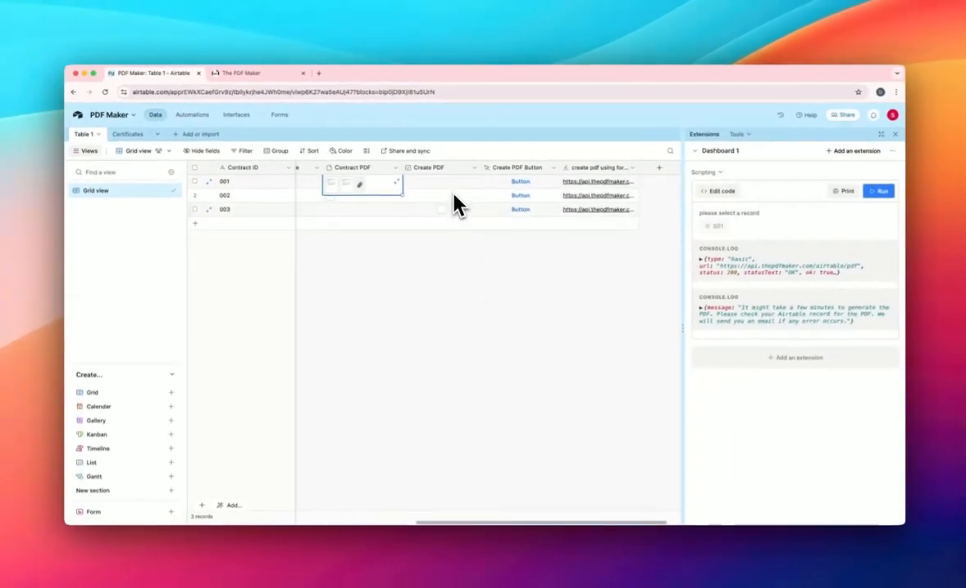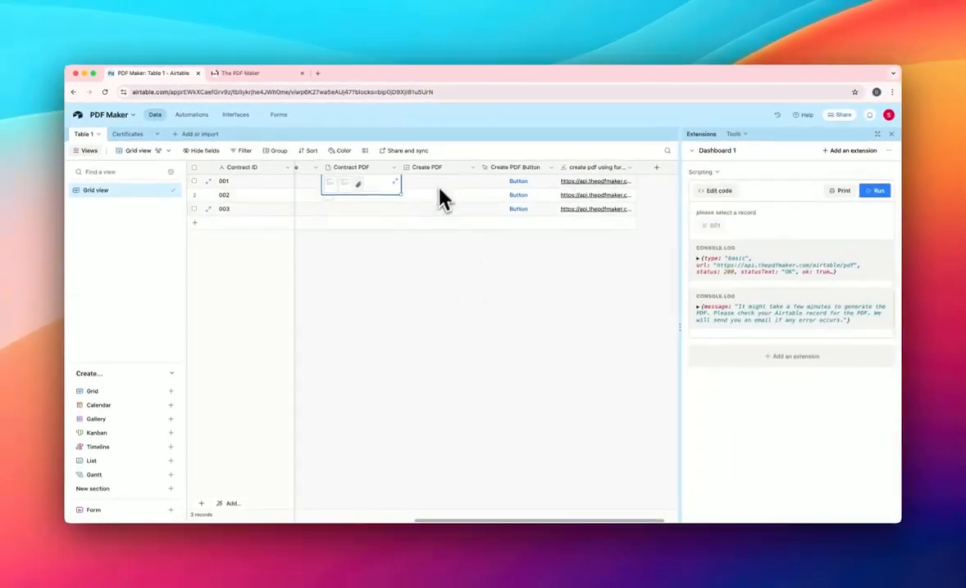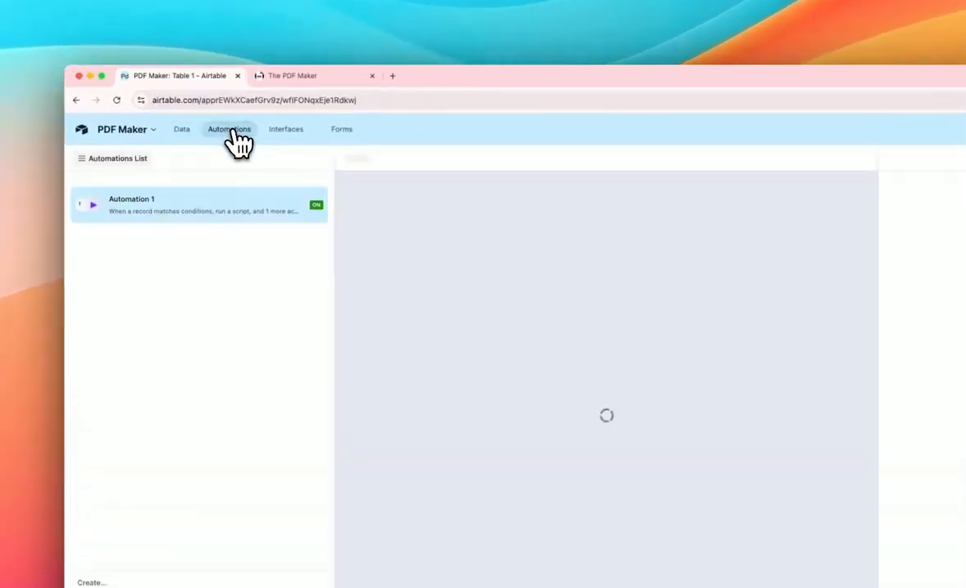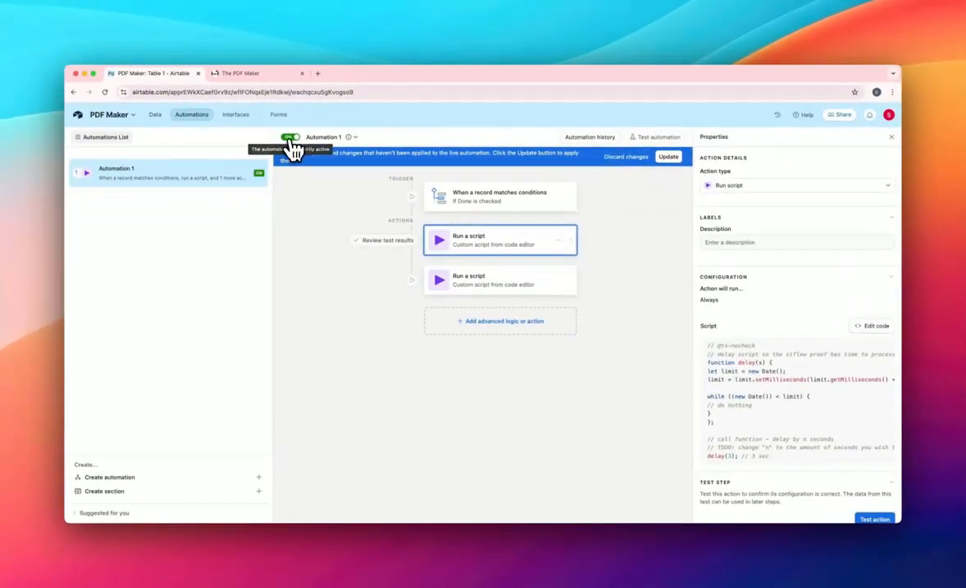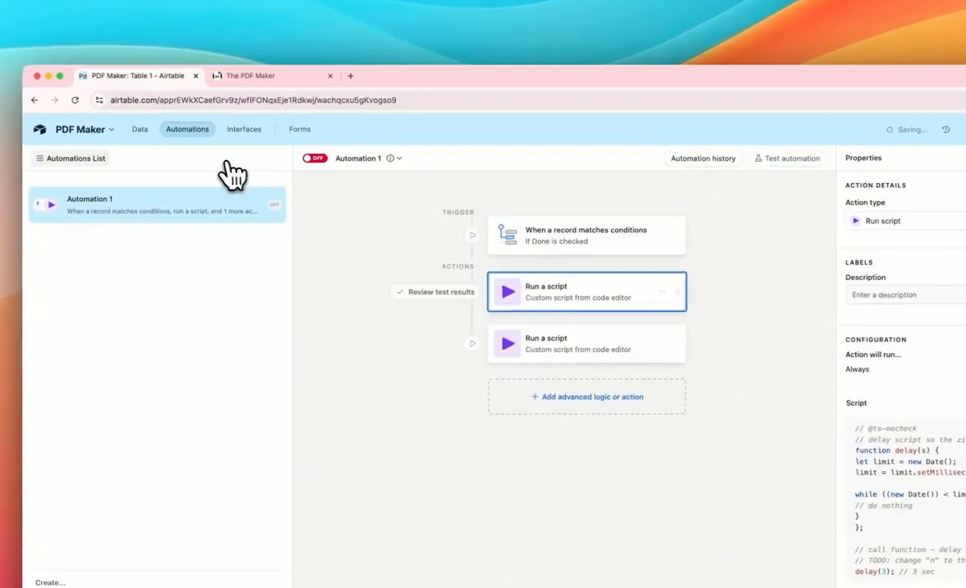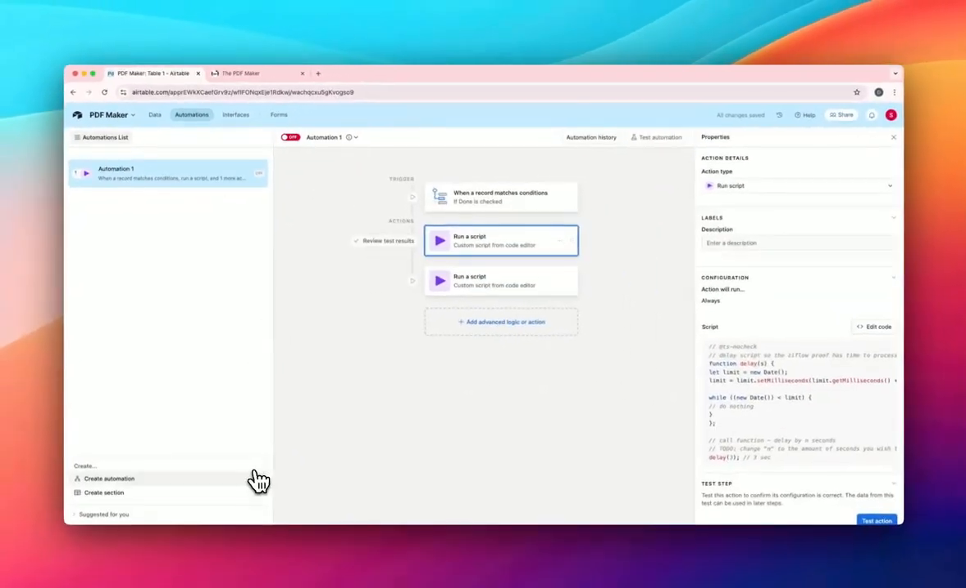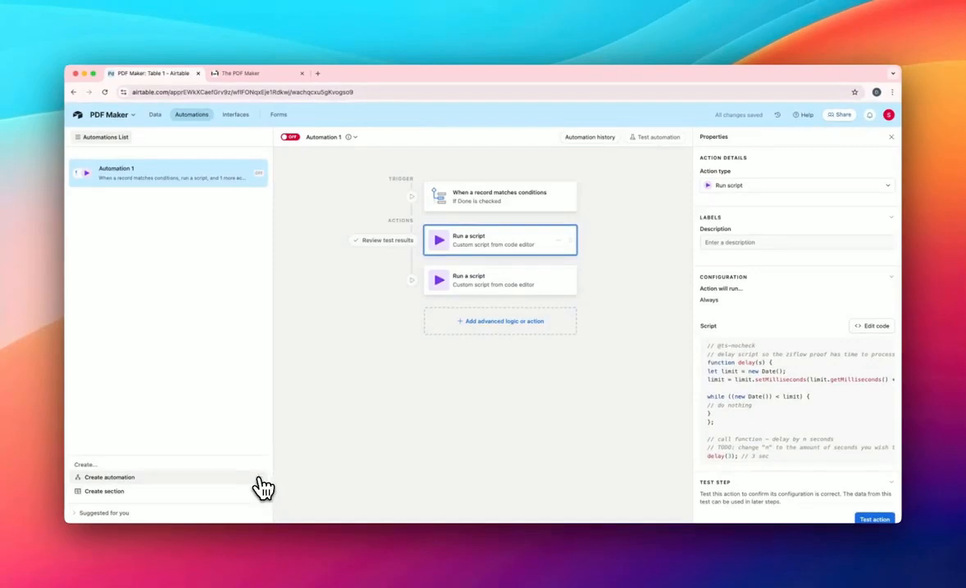As you can see here, we have created a checkbox field. We'll use this field to have a condition for the automation. So to set up the automation, let's go to automation tab and let's create a new automation. Click on here to create a new automation,